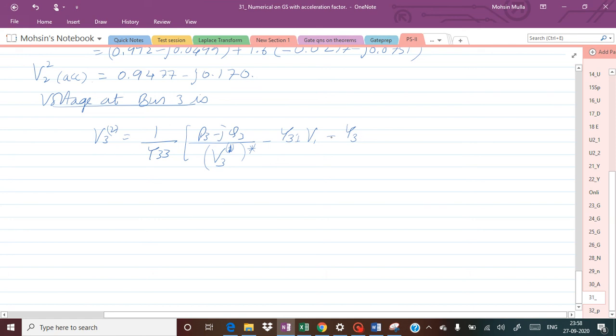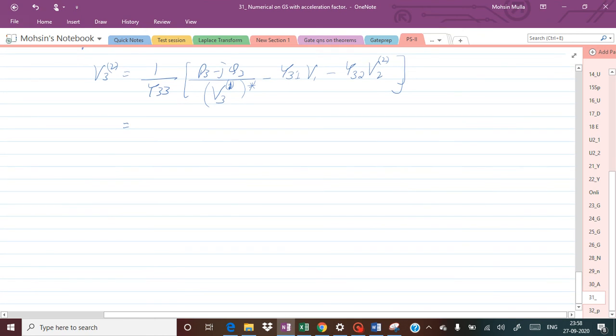So y33 is outside, and y32 with V2 of 2. Substituting the values, 1 divided by minus j9 times minus 0.6 plus j0.3 divided by 0.9536 minus j0.01509